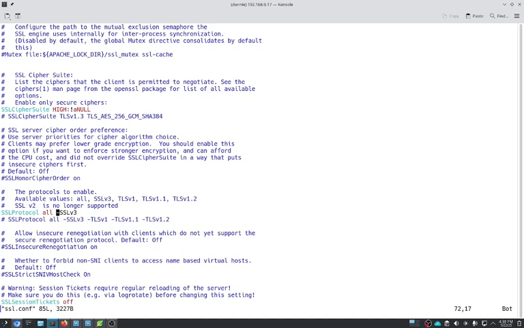And SSL versions 1 and 2 are already disabled in the actual OpenSSL code. Don't have to worry about that. The only thing we have to worry about in this configuration file is disabling SSLv3. But all versions of TLS, version 1, version 1.1, version 1.2, they're all enabled, okay? And so anyway,